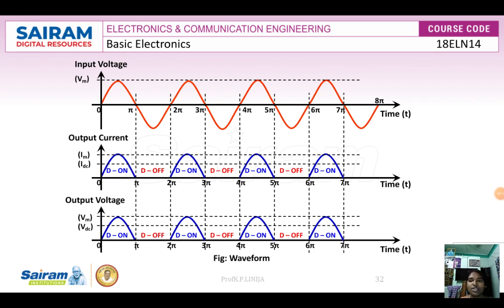So a rectifier converts the AC voltage into DC voltage. There are two types of rectifier: one is half wave, the other is full wave. In the half wave rectifier, we use only one diode. Whenever the positive half cycle is given, the diode is forward biased and we get output. Whenever the negative half cycle is given, the diode is reverse biased and we get 0 output. Okay, hope everybody understood. Thank you.